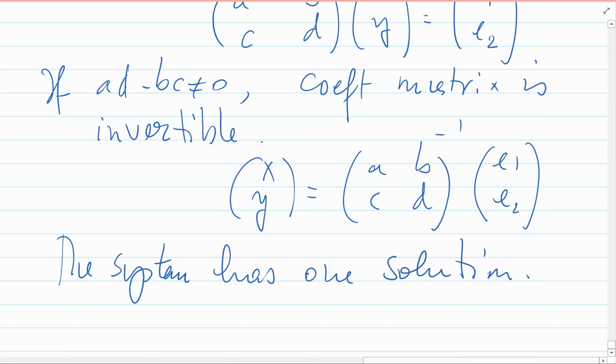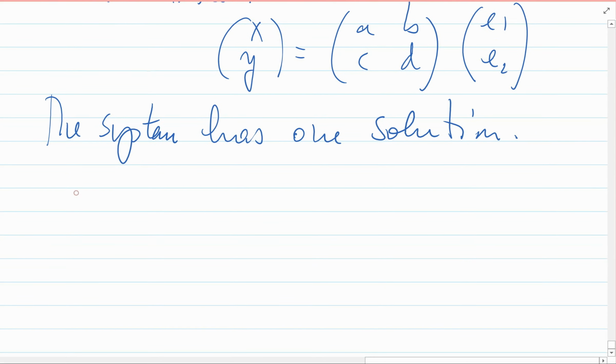The system has only what? One solution. Okay? If the coefficient matrix is invertible, we have only one solution, which is the inverse of the coefficient matrix times the non-homogeneous column vector. And this will lead us to what's known as Cramer's formulas,